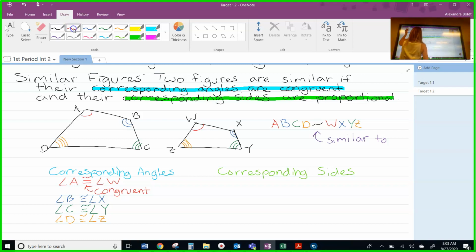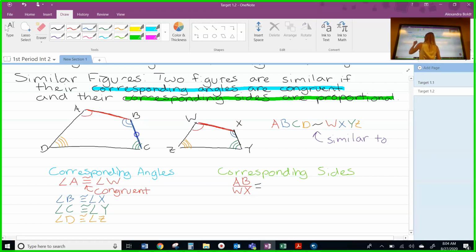So I'm going to go from this line here, and we just call it AB. A lot of times they'll have numbers on them, but this example doesn't. AB, and remember, they're proportional, and a proportion is equal ratios or equal fractions. So I'm going to do a fraction over, well, what side does this go with? It's going to go with WX. So whatever the length of AB is, divided by whatever the length of WX is, should be equal to